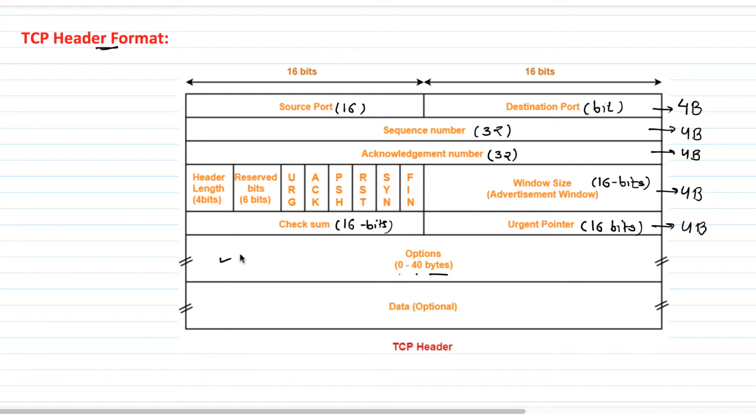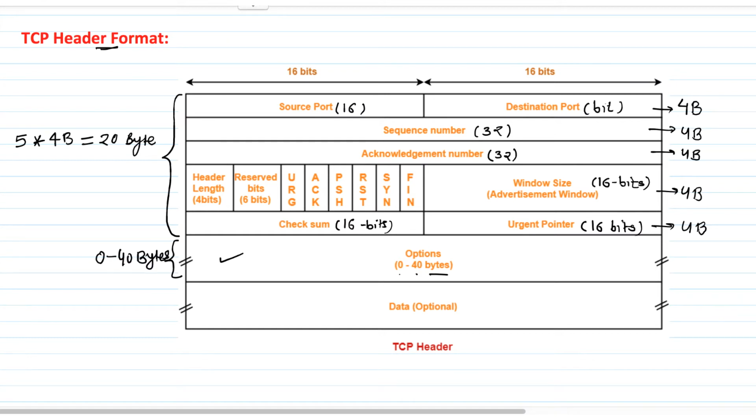Like the IP protocol, in the TCP protocol the header format is also divided into two parts. One is called the fixed part and the other is the optional part. The fixed part contains the first row to the fifth row, which means we have five rows, each 4 bytes long. So a total of 20 bytes is always fixed. These fields are mandatory, not optional, while 0 to 40 bytes are the optional field.